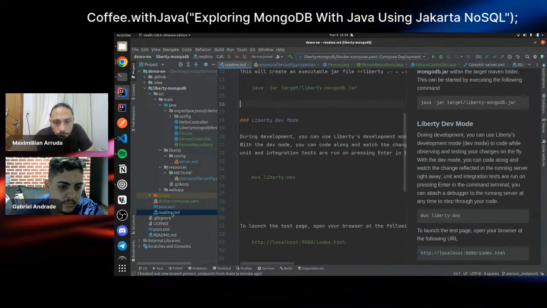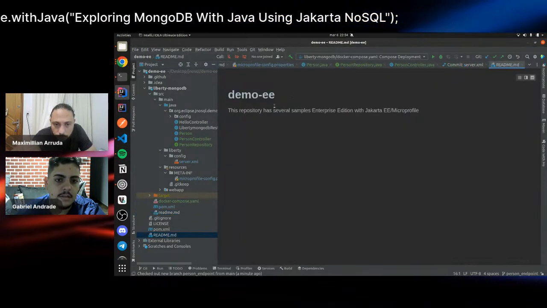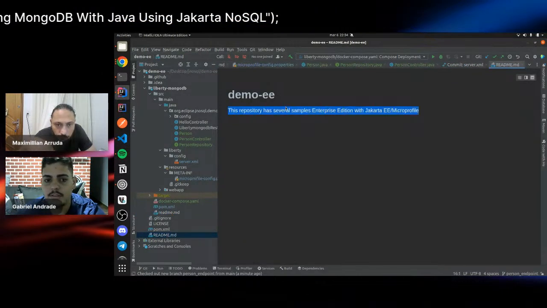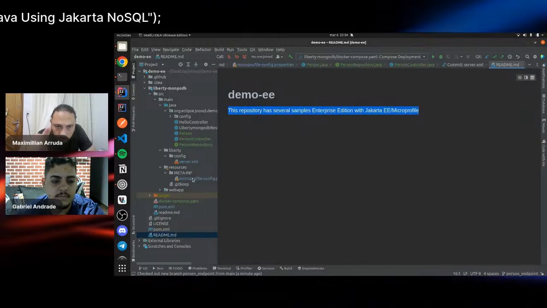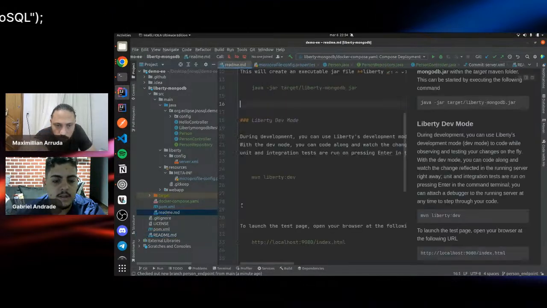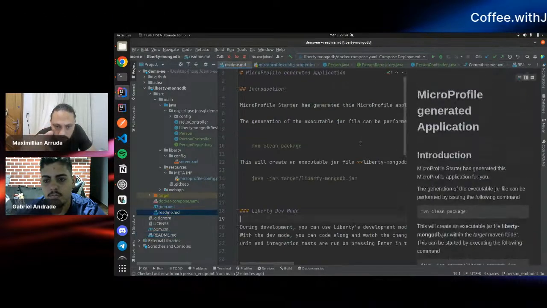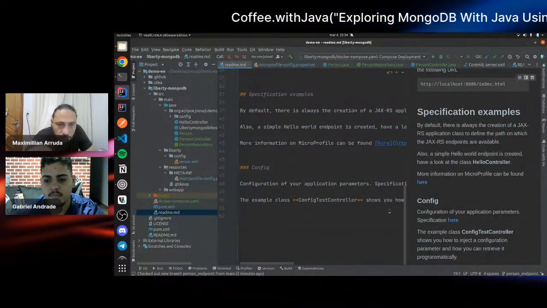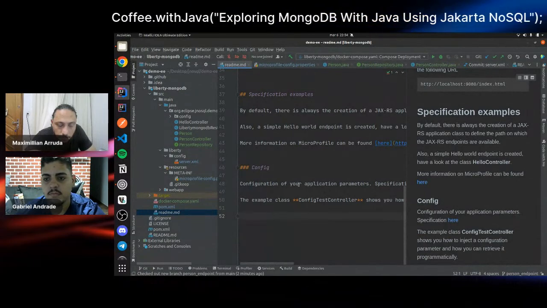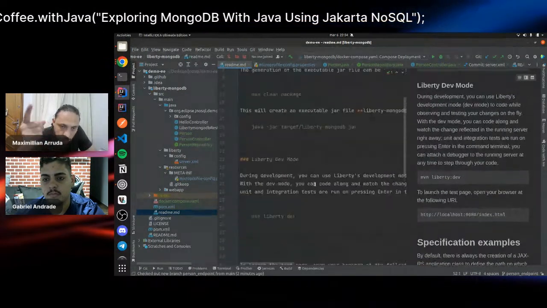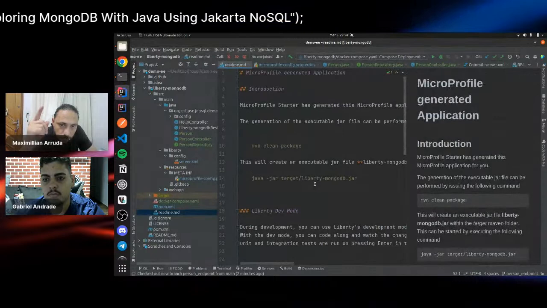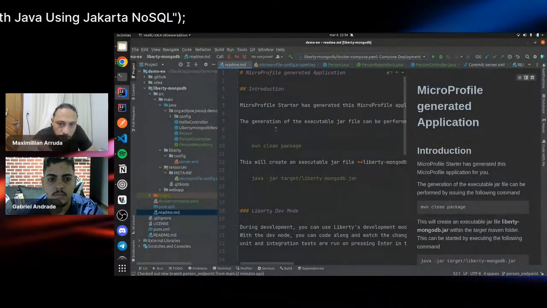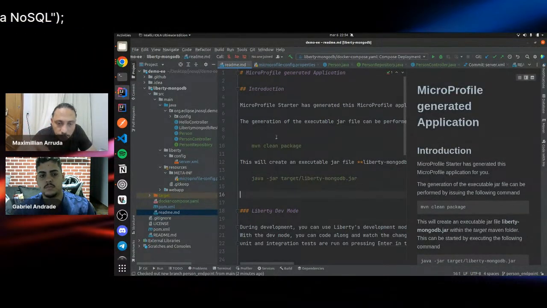Actually, you need to change the readme of this one. The first of the steps in this file is to explain to the user how to start up everything.